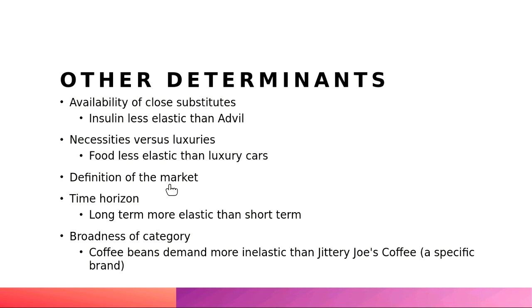The definition of the market largely depends on how many buyers, sellers, competitors, alternatives, and the need of the product. That's an aspect of the definition of market. These can all determine elasticity. And the time horizon: long-term is more elastic than short-term. This simply means that over time we expect a lot more changes in the market, and that can affect quantity